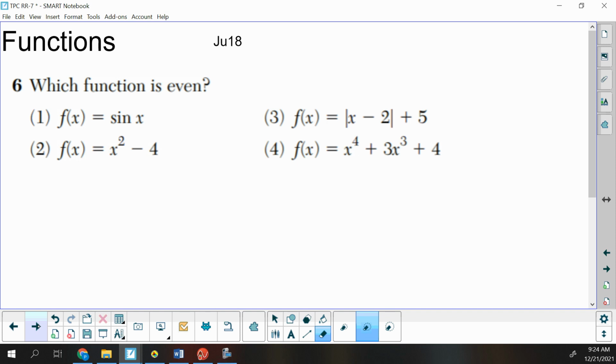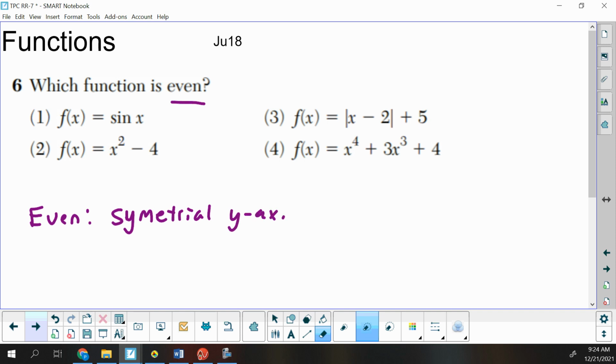So we want to know which function is even. Well, if functions are even, it should be symmetrical with the y-axis. And if functions are odd, you should be able to turn it upside down,